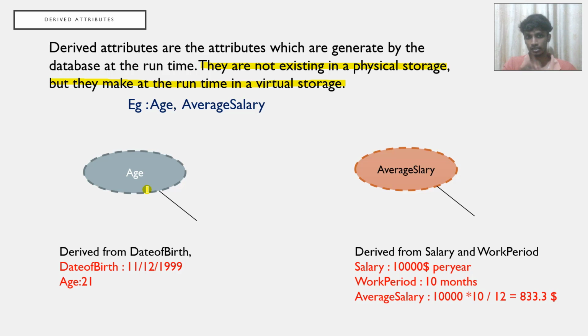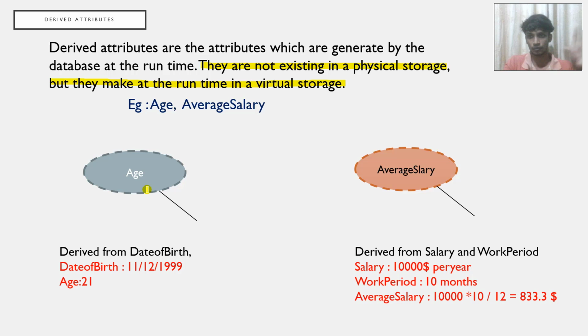Imagine instead of just giving age as an attribute, if we give date of birth, then by using some kind of mathematical equation, we can generate age. So basically, in the database that age attribute exists, but it is not given by us. It is automatically generated by itself by using date of birth. That's why it's known as a weak attribute itself. Because without date of birth, age can't exist. If there is an age, then there should be a date of birth.